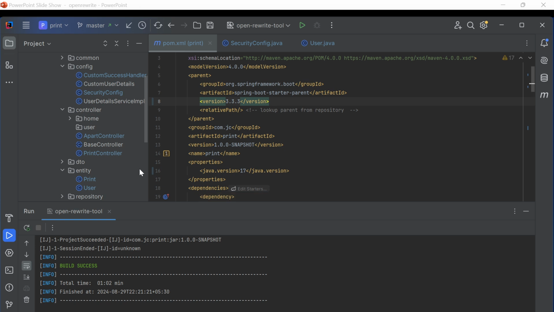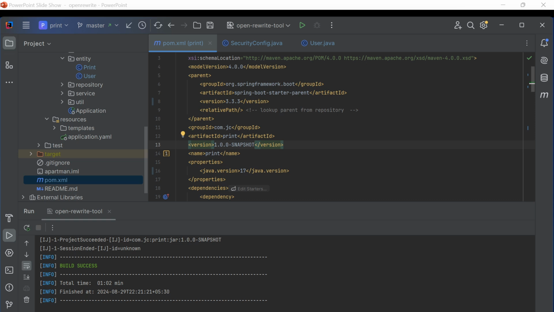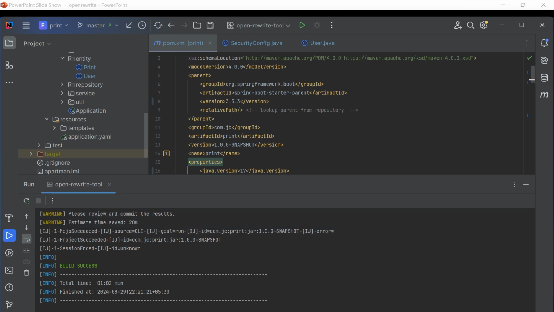Because the migration is really important, and this is a big migration, right? So it is not like small changes, right? Because you may see some error during runtime, like class not found exception or class definition not found exception, something like that. This might come, okay? So better to do the proper testing before jumping to the higher environment. So as you can see here, the migration has been done successfully, and let's see the changes which this tool has